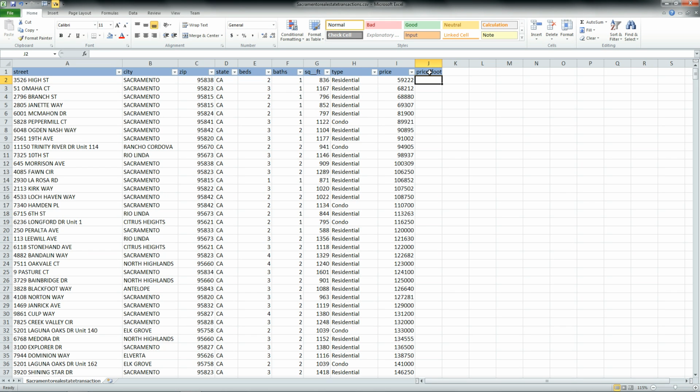So I'll just give it a column header, and then to enter an equation, just simply enter equal, then click the cell, say price, then the operator, such as a divide or multiply or a subtract or whatever, and then pick the next cell that you want to include in your equation. Then hit enter when you're done. That house is $70.83 a square foot.